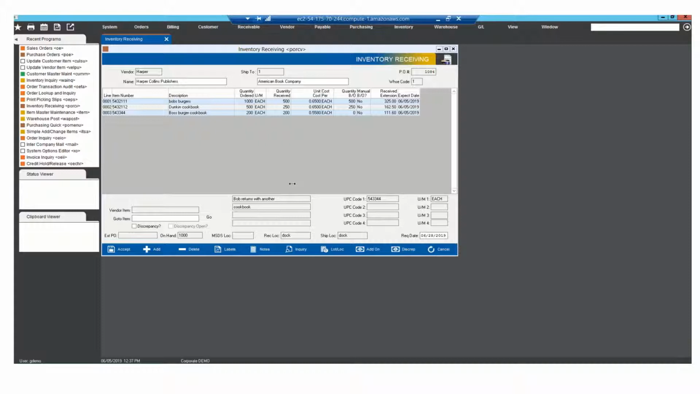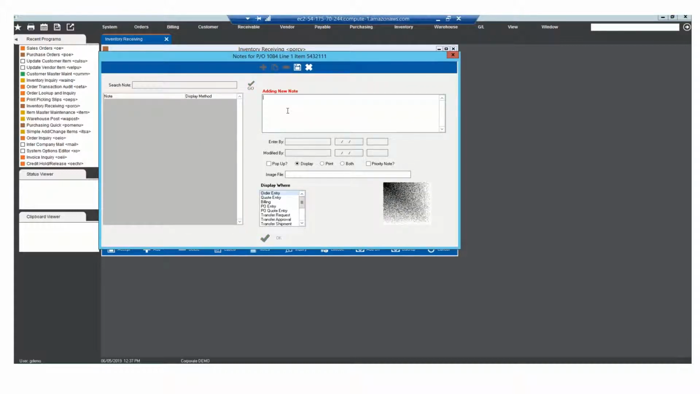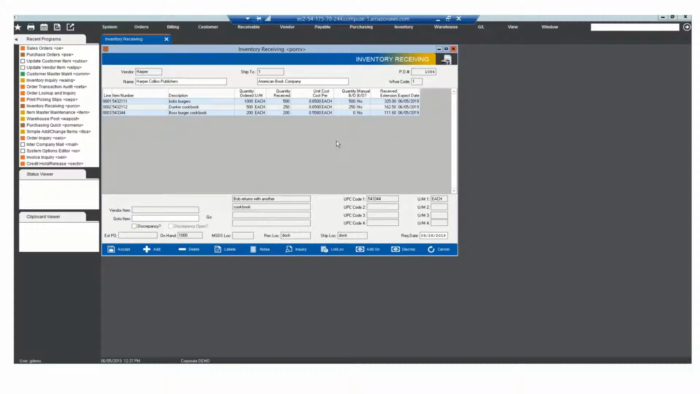All right, I can do notes. Notes, add. This is easy. Save that. It'll show up on order entry. Exit. Now, so I can do notes. I can do, I can look up an inquiry,